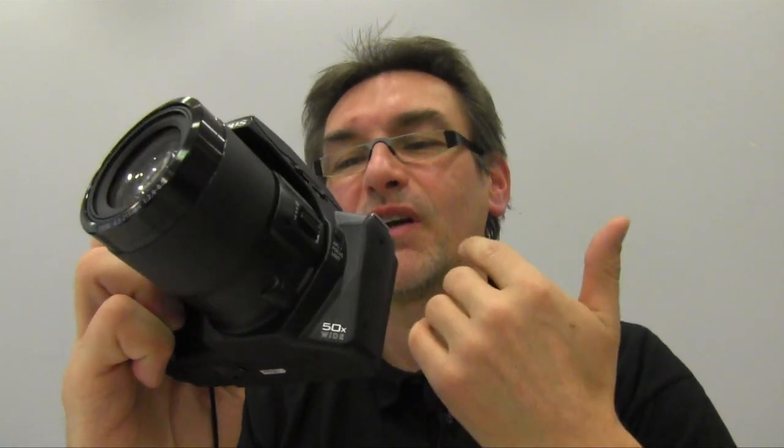That's a super zoom camera, SP100EE, 50 times zoom. 50 times zoom goes from 24 millimeter up to 1200 millimeter. And there's one real nice feature in the camera. You have the art filters and stuff like that, the usual Olympus things you have, but there's a real nice feature, and